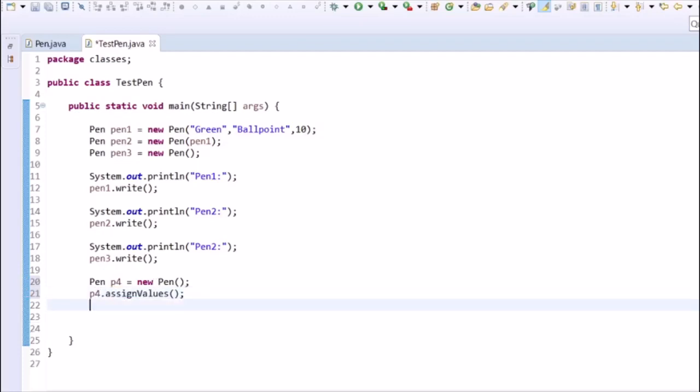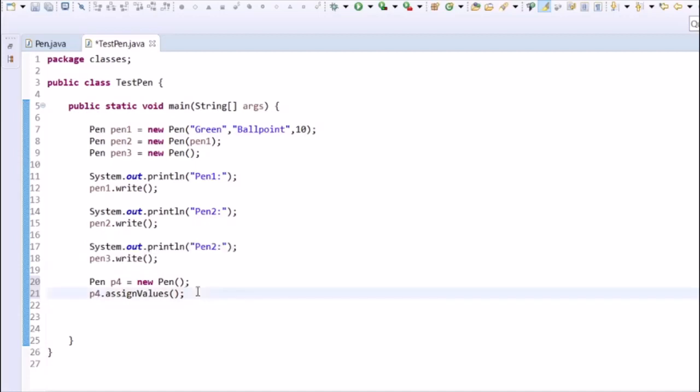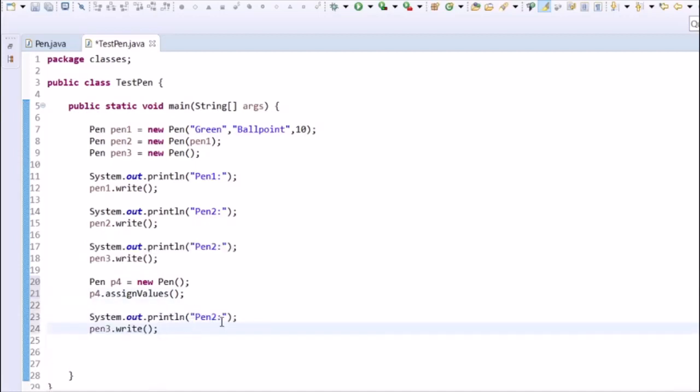So in this first case, this is p3, p4, and p4 dot write.